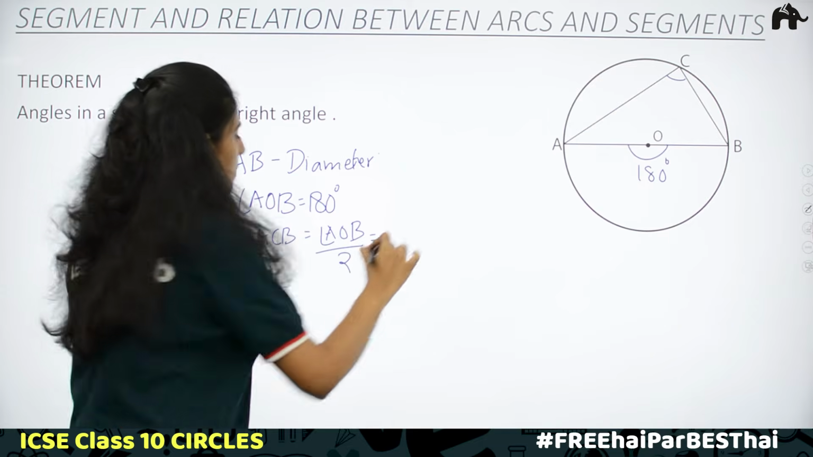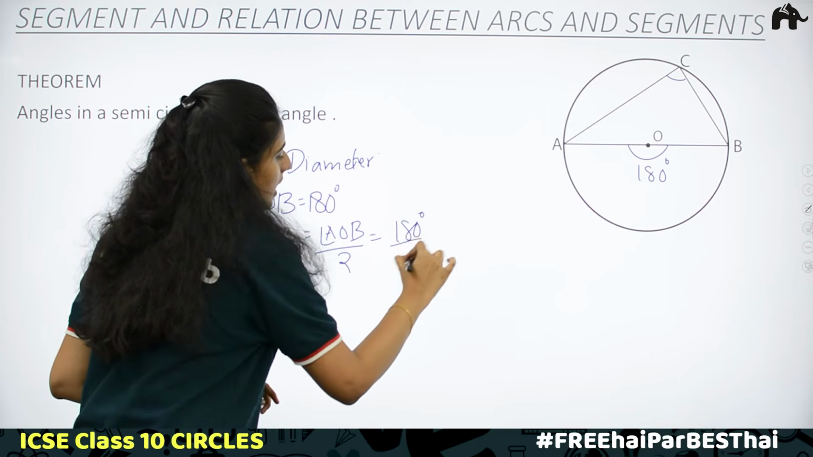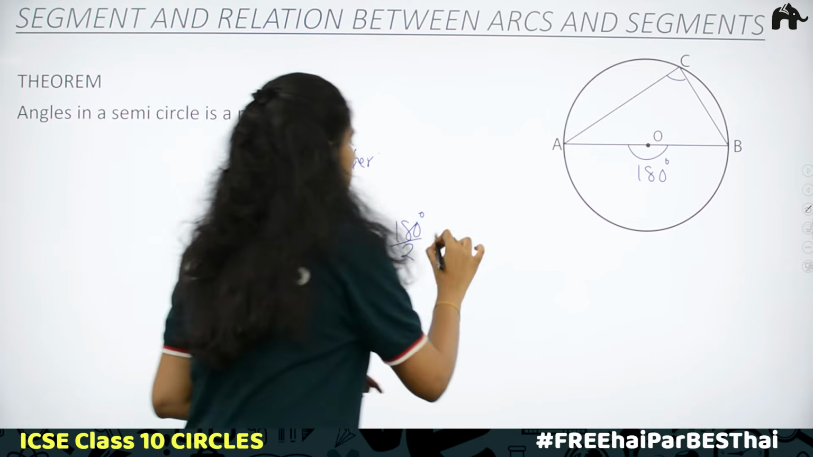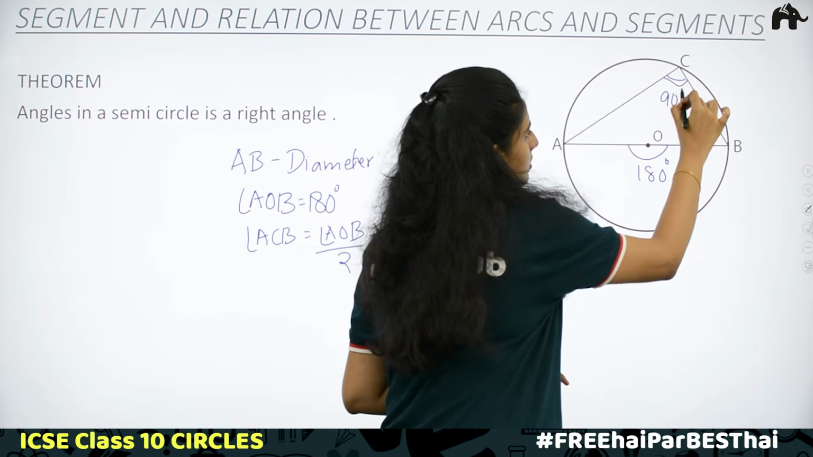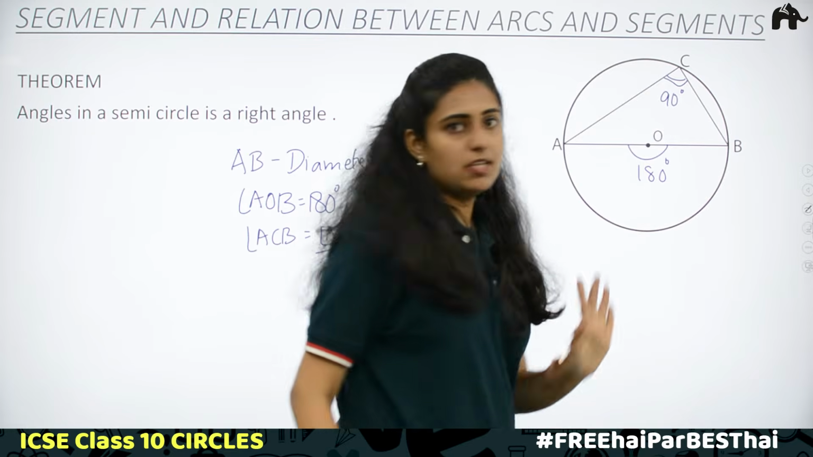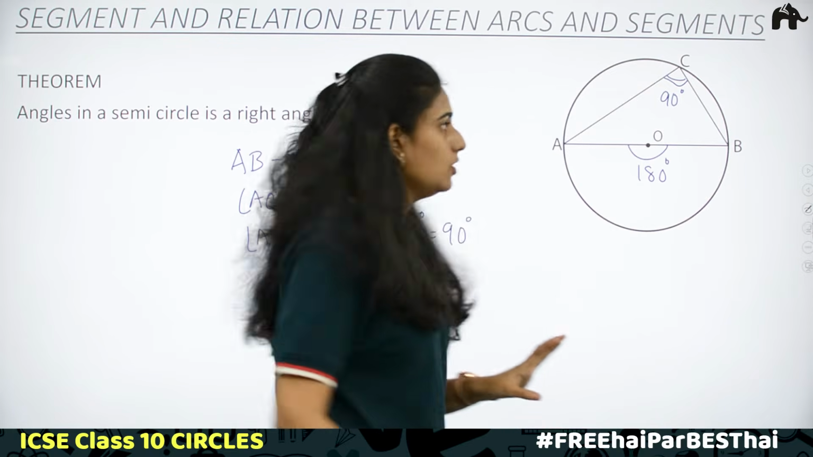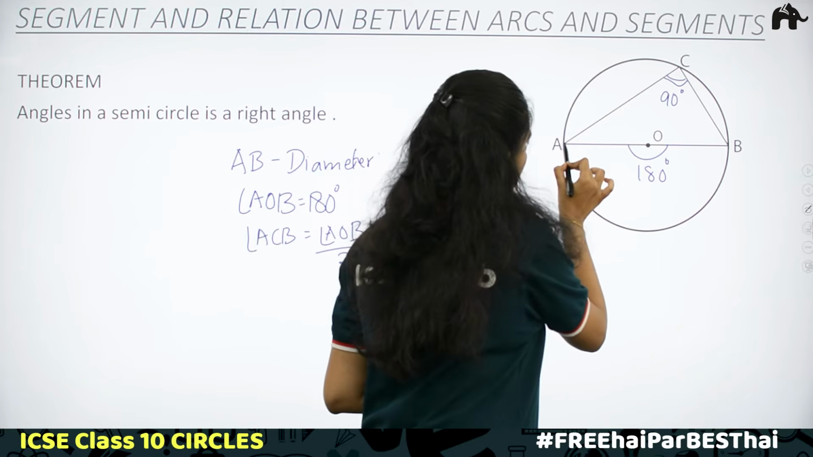AOB we have, AOB is 180 degree. 180 degree divided by 2 which is equal to 90 degree. Therefore, this is a right angle. Measure of ACB will be equal to 90 degree. Okay. Now, if I draw,